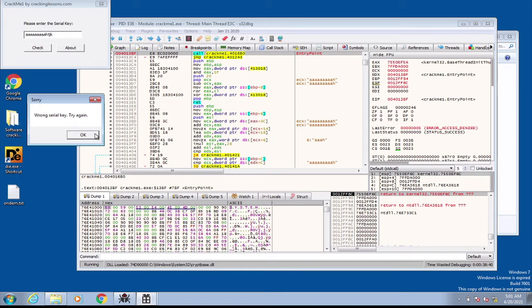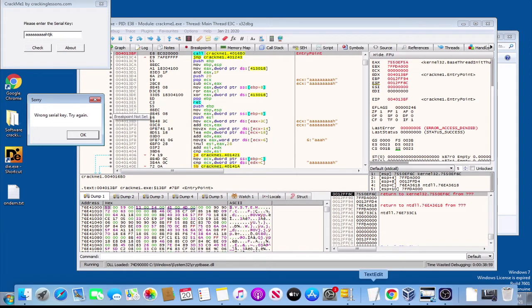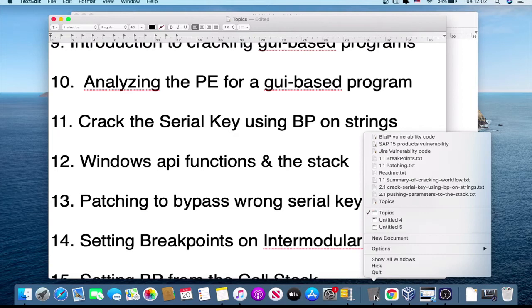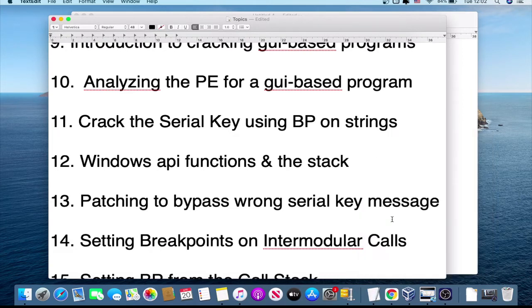This is what most of you face anytime you enter an incorrect key when running an application. Based on this, we are going to use this information to crack the application. It's as simple as that, because this is giving us a bad message, and that's not what we want. We want a good message. Now when I come back to the lesson,